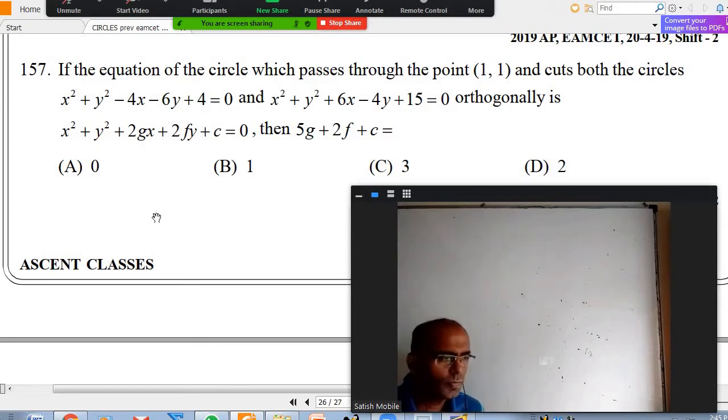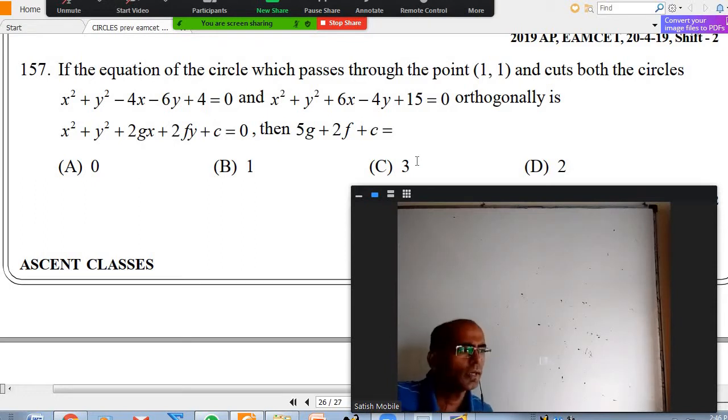So what I'm saying is, all of you know, if 3 circles are given, how to find a circle intersecting all three orthogonally? You'll find two radical axes, solve them, you'll get the center. From that, you find the length of tangent to any one of them, you'll get root S11. You know the center and radius, you can find the circle equation. That's how we'll find a circle intersecting three given circles orthogonally, right?